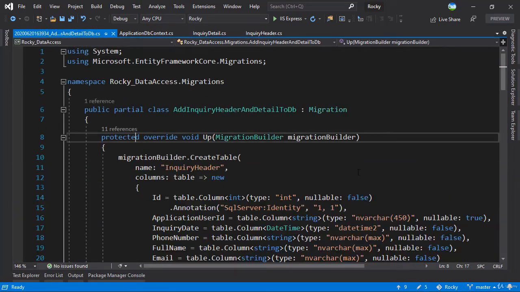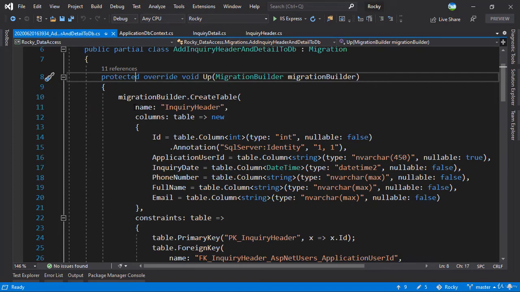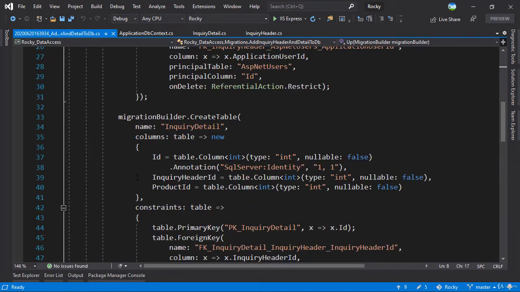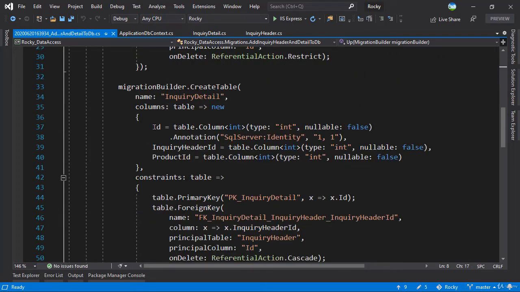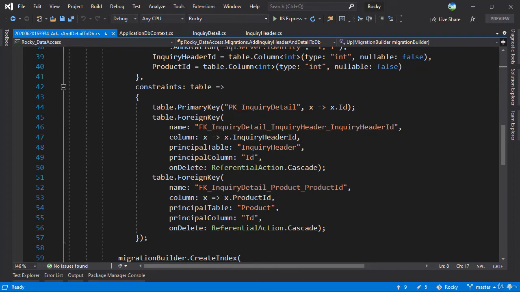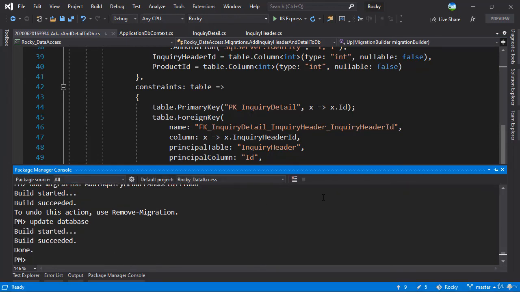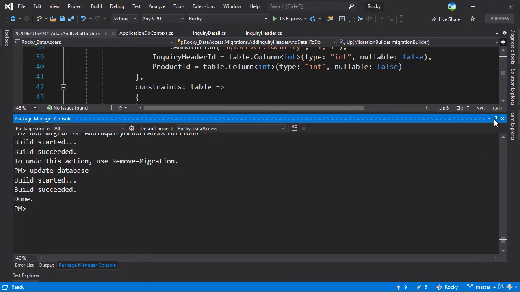Great, you can see it added the migration. If you take a look at this, it is adding inquiry header with constraints of foreign key on the application user, and it adds inquiry detail with constraint of two foreign keys, one with the inquiry header ID and next with the product ID. That's exactly what we wanted. So let's update the database now. Perfect. So our migration has been pushed to the database,